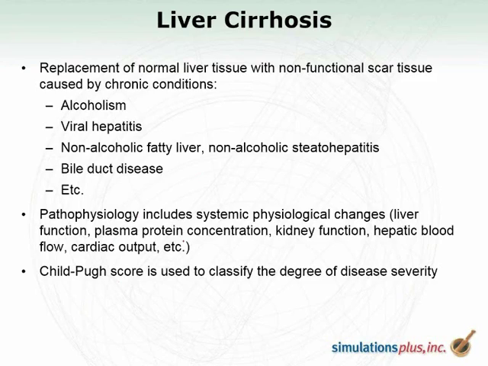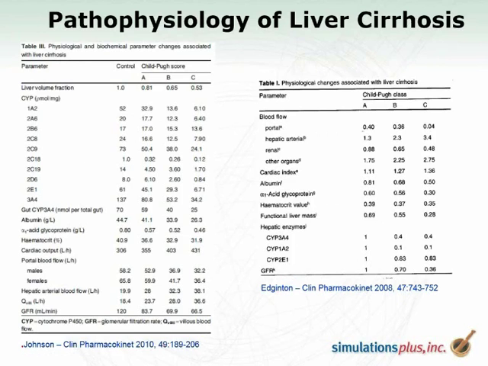And this could be limited to simple changes in liver function alone and could progress all the way to more systemic physiological changes, especially in the later stages of the disease. So depending on what degree of impairment you are trying to model, you may have to focus more on the liver itself, or will have to make changes in the entire physiology to properly account for these changes. And the good news here is that there actually have been already a couple of publications discussing or summarizing the major changes in different stages of liver cirrhosis,